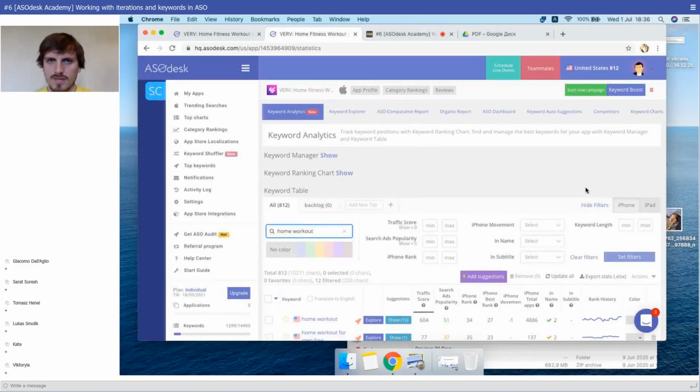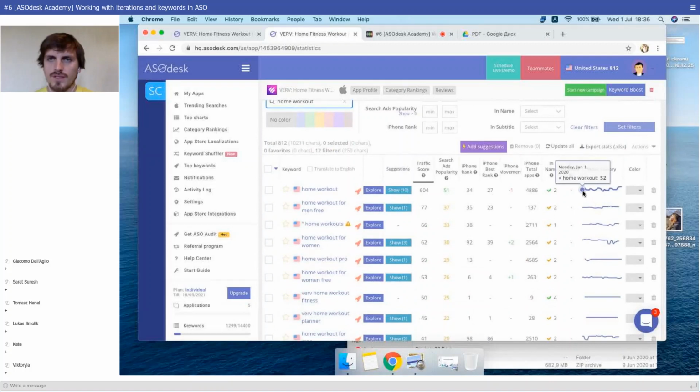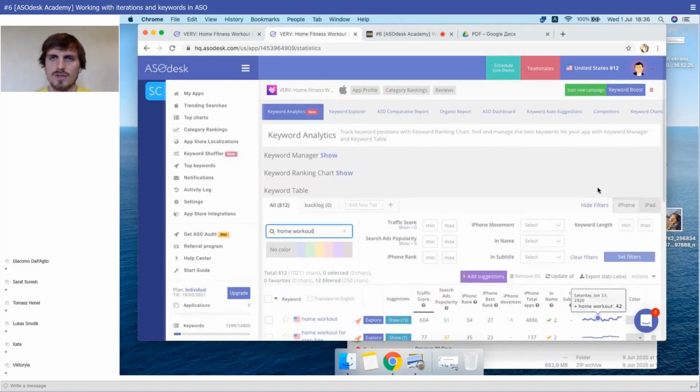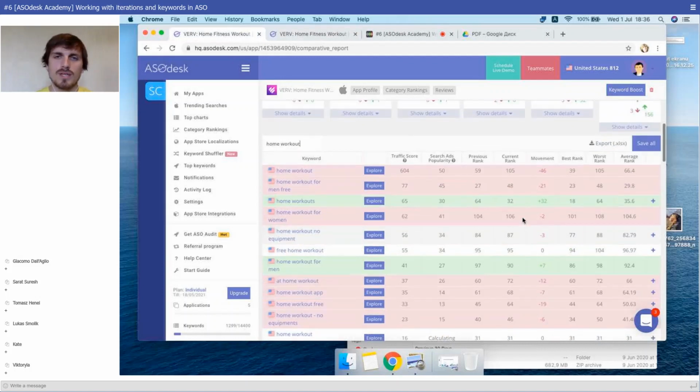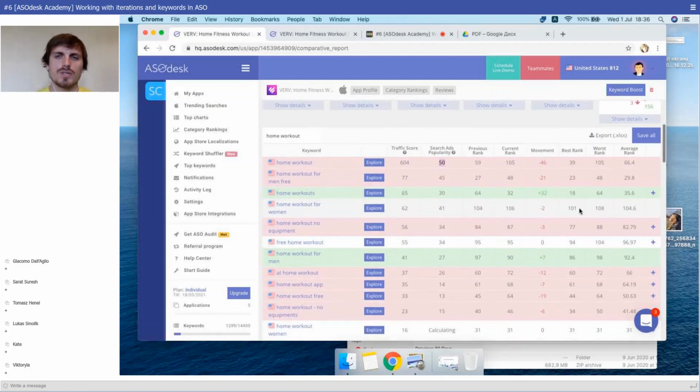We don't have the date range from March here, only from June, so we're not able to see more. However, as you might see, they haven't moved until June by this keyword. So most probably, this keyword has a search popularity of 50, which is huge. This is a super traffic keyword. So most probably, even by adding this exact match of the long tail keyword home workout, they didn't gain positions,